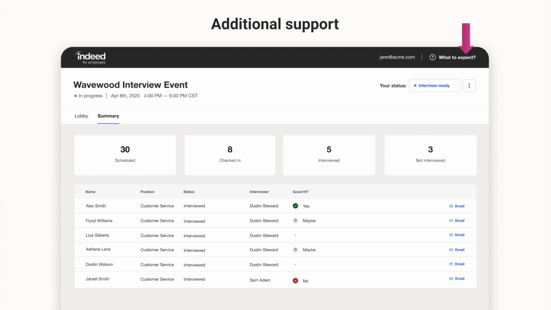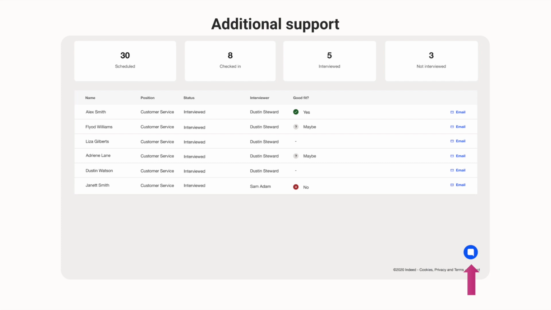This platform was designed for ease of use, but we understand you have other things on your plate. So for additional support, we have two features baked into the lobby intended to help you stay focused on the interview and not get caught up in technical confusion. First, the What's Next link on the top right. This will outline and define the entire page for you. Second is our live chat support function, which can be found on the bottom right-hand corner of the lobby. This will provide access to our Indeed support team, which will be available whenever there is an interview happening for both you and your candidates.